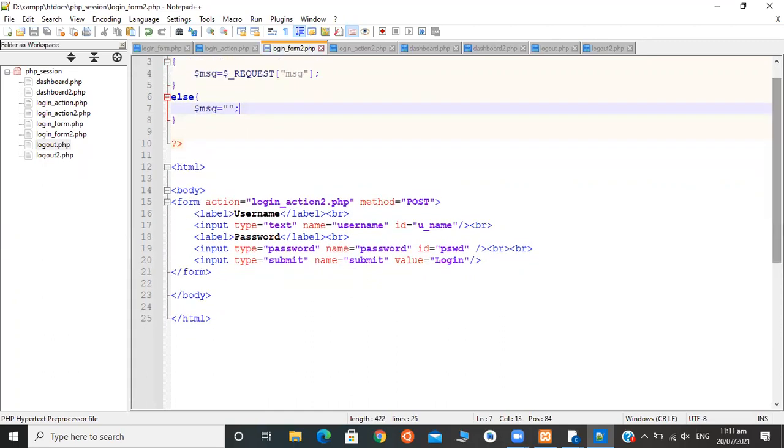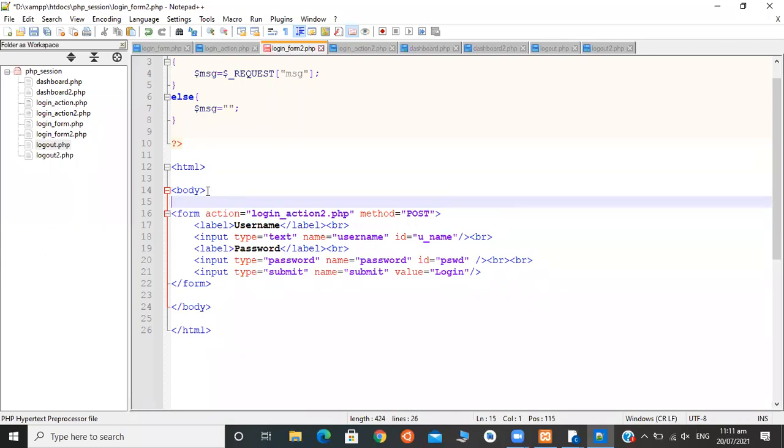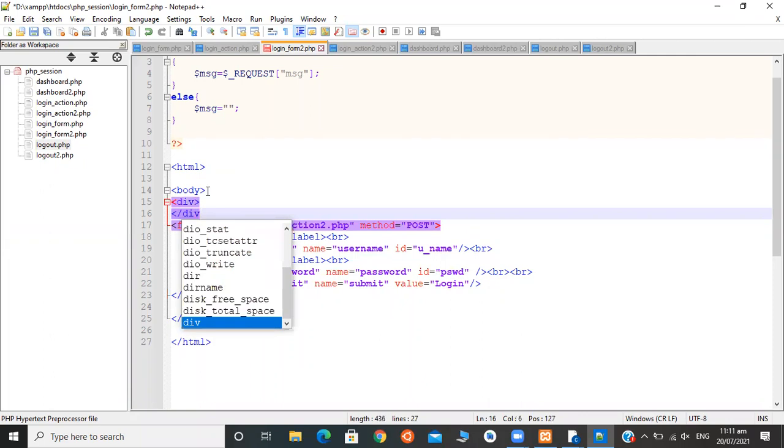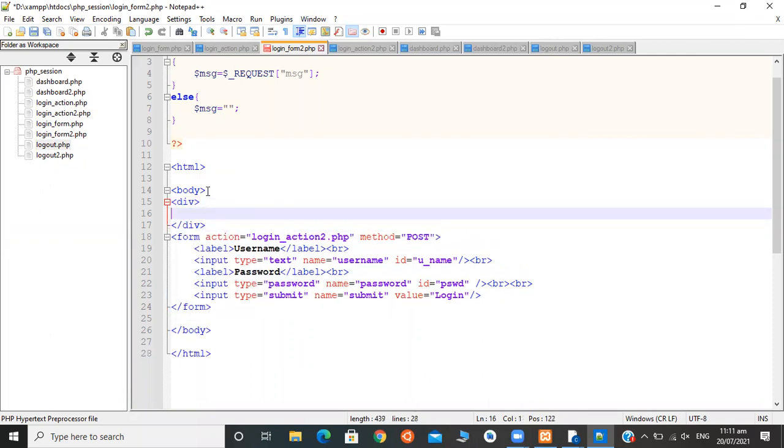Now, where I want to display this message, here in the body, I can give a block. I can use a div.